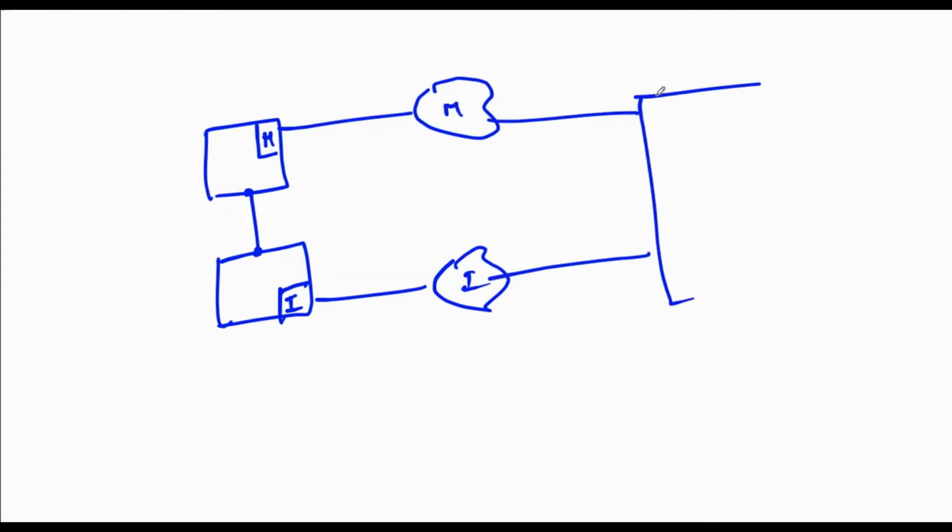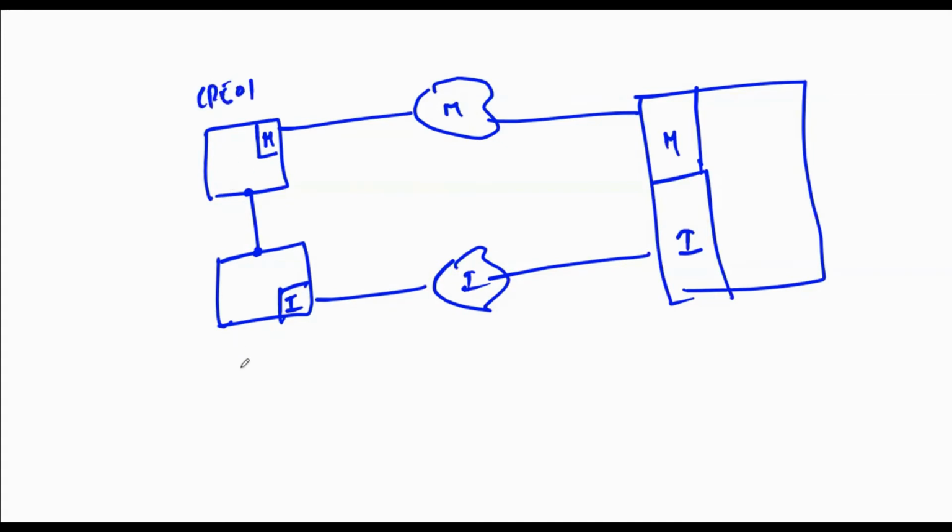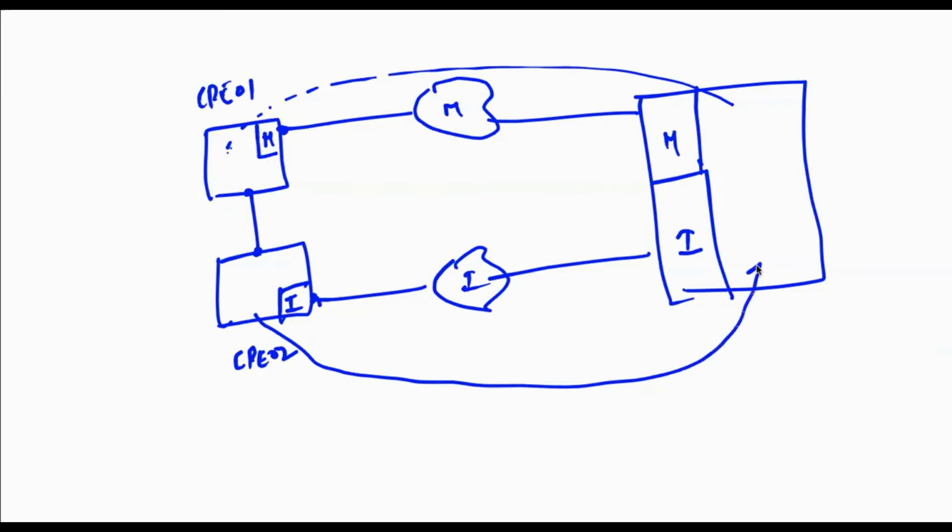At the hub side, what is happening? I have both the circuits. Just for example, it is only one router. So in this scenario, from the CP1 router of the branch, will there be two tunnels to the hub, and from CP2 also two tunnels? First of all, it does not really depend upon the transport. At any point of time, the tunnels will be present if and only if I have a common transport domain. From CP01, there is a tunnel towards the hub. From CP02, there is a tunnel towards the hub.